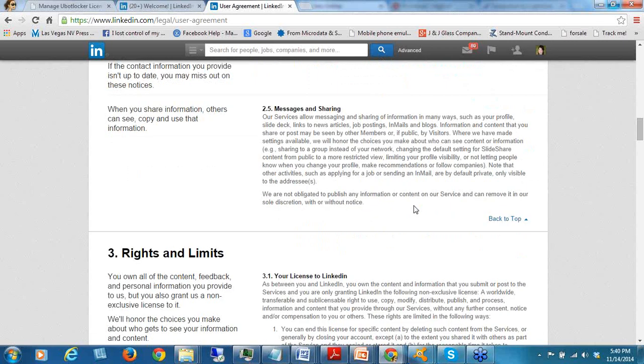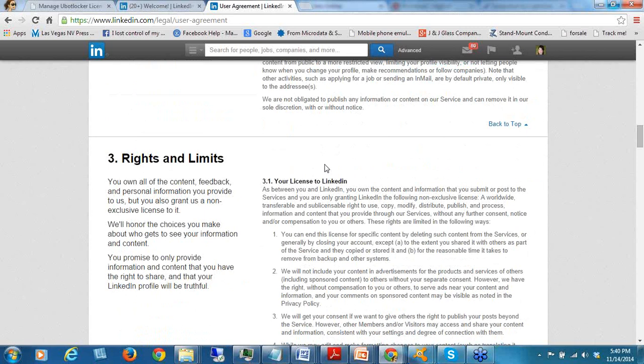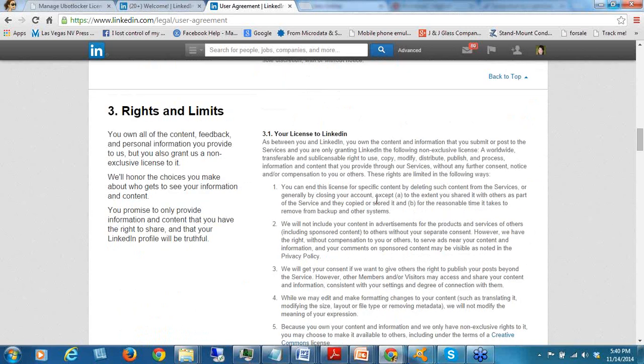And then this talks about your licensing with LinkedIn. So this is kind of interesting because what they're saying is that you own the content that you post, basically like your LinkedIn blog and stuff like that. You can copy, modify, distribute, publish, process, all of that stuff. However, there are limits to this kind of license of this content that you own. So you can basically delete the content, and if you delete the content, except for what you shared with others,